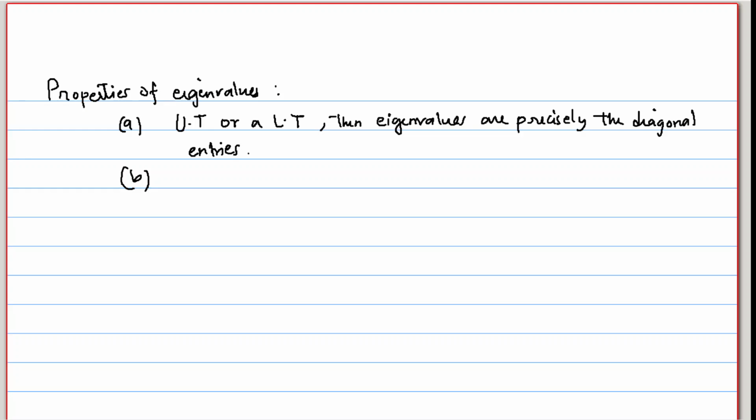Now let's see that, suppose you have a matrix A where the sum of elements of each row is, say, some lambda. Suppose, for example,